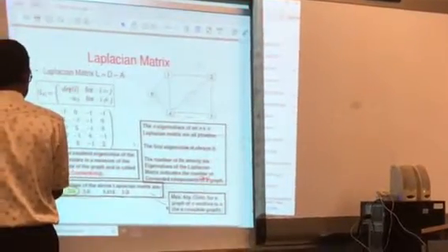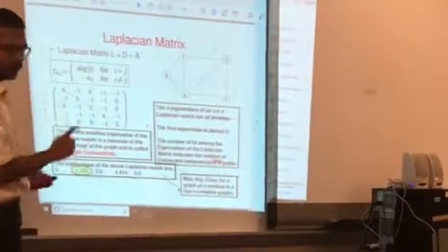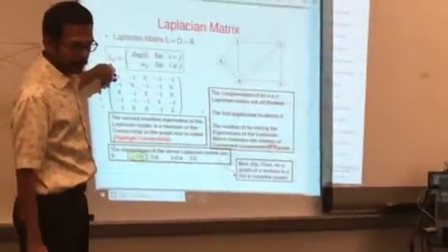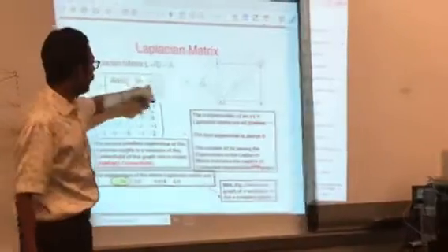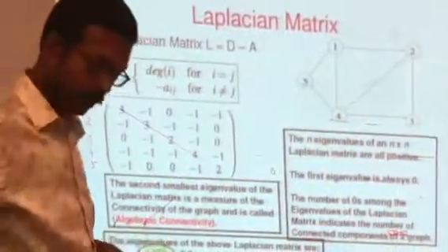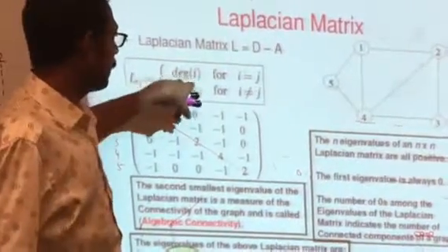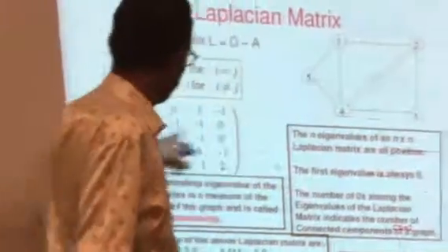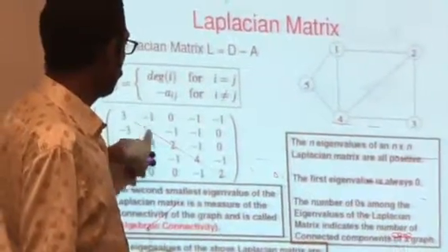So this is for vertices 1, 2, 3, 4, 5 of this graph. So you see here the mathematical representation. If i equals j, which means the row index equals the column index, which means the diagonal, then the entries represent the degree of that vertex. So the degree of 1 is 3, the degree of 2 is also 3,